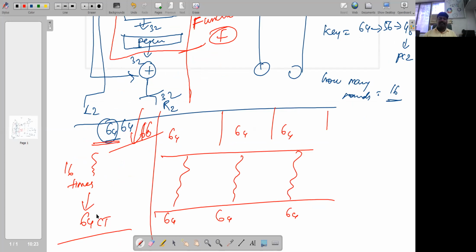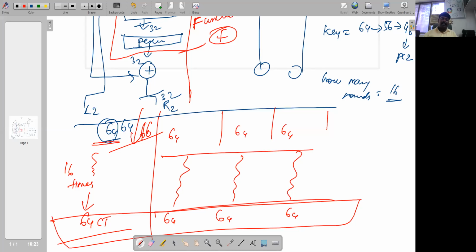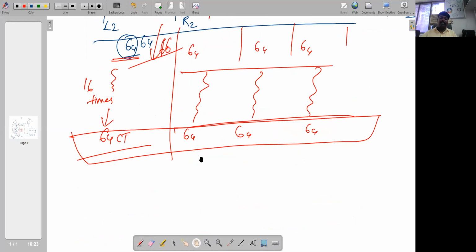Now the entire ciphertext values are combined and transferred to the receiver in the form of ciphertext. The receiver receives these entire values, divides them into 64-bit blocks, and then does the decryption process.